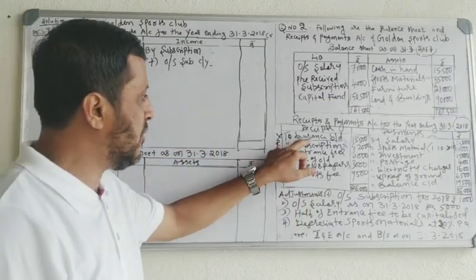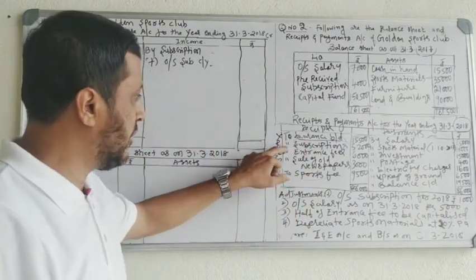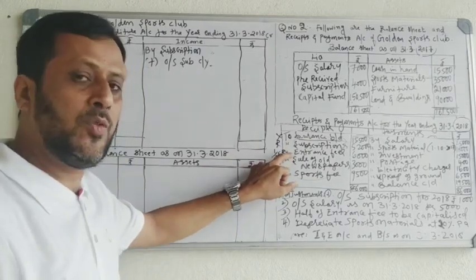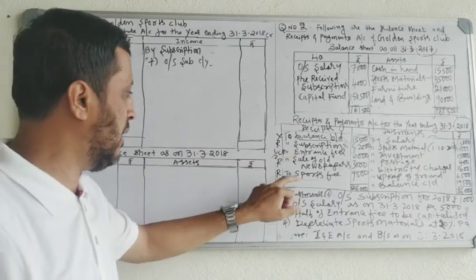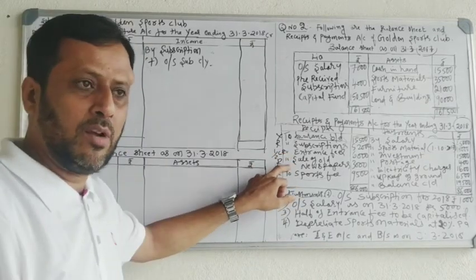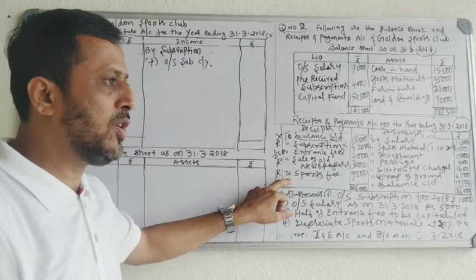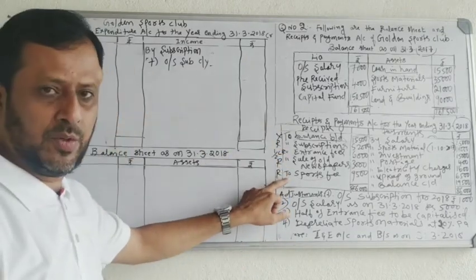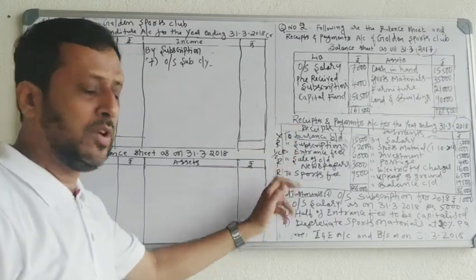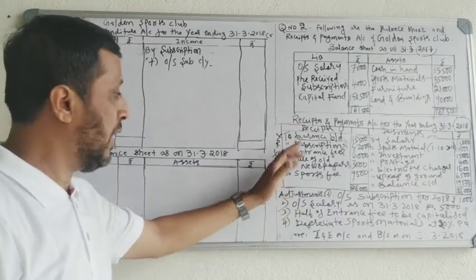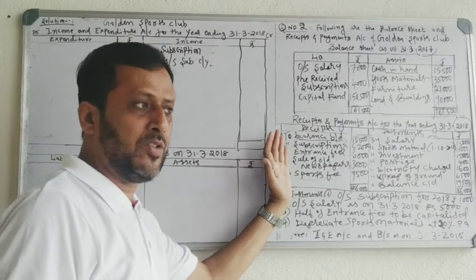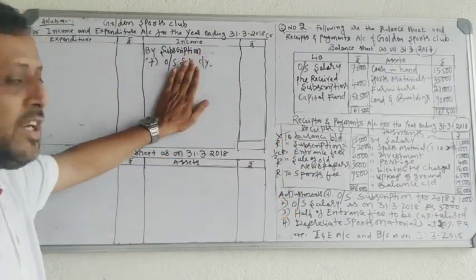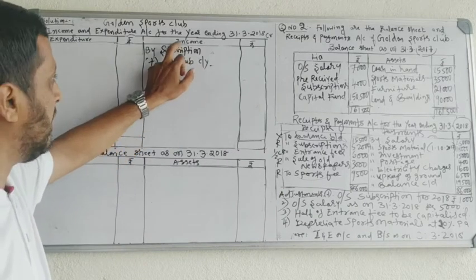See, balance brought down, you should not record. Subscription received annually, revenue receipt. Entrance fee, half revenue, half capital. Sale of old newspaper received regularly, revenue receipt. Sports fee received regularly, revenue receipt. There are 4 revenue receipts. Receipts means incomes. There are 4 revenue receipts on the debit side of receipts and payments account. These 4 revenue receipts you have to transfer to credit side of income and expenditure account, that is income side.